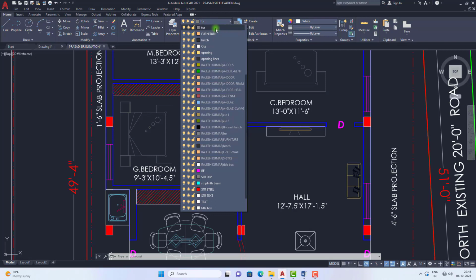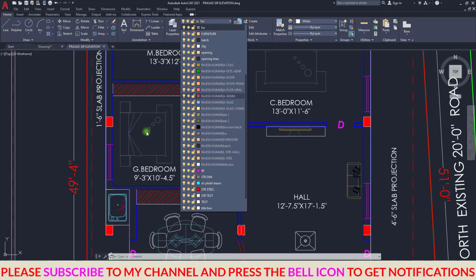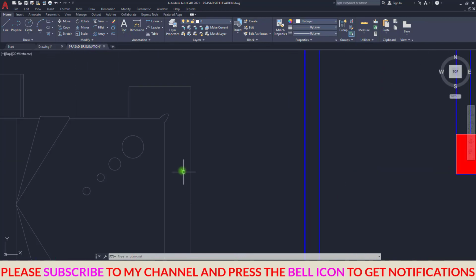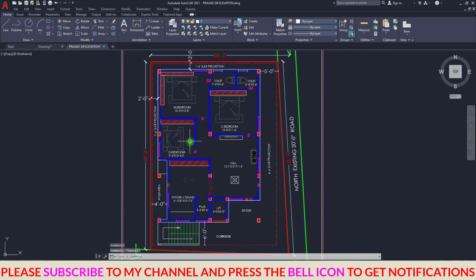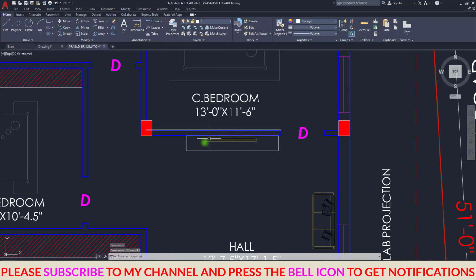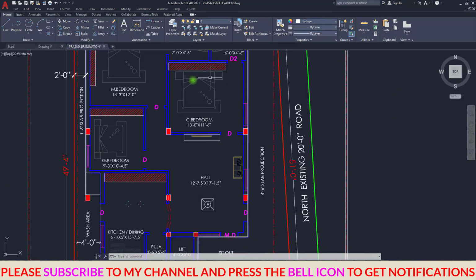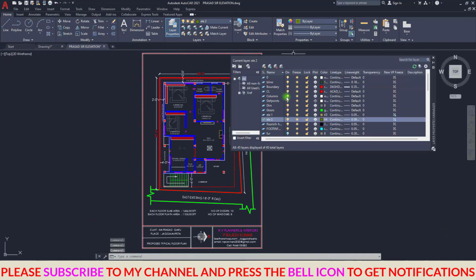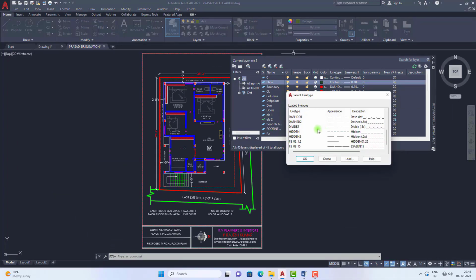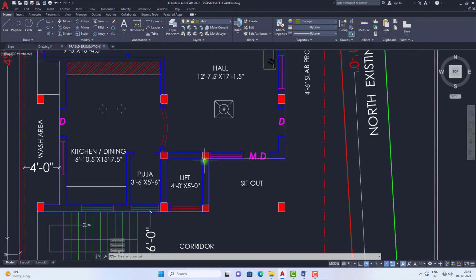Now what should we do after finding out to which layer it belongs? I need to turn this off. For that purpose you can click here and see, it is in the off mode, or you can also freeze. So if you want to show any particular layers in this drawing, or freeze, or lock any items from this drawing, you can use quick access from here, by going into the layer properties, and you can change the object properties from here. Those will be applied to this particular drawing.